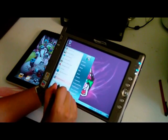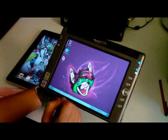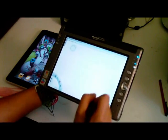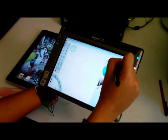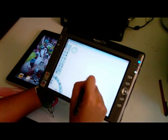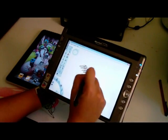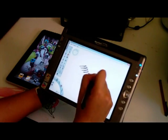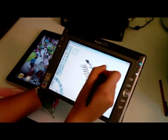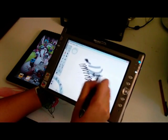So you can see I can run Windows 7 on it just fine. Sketchbook Pro works great on this one. I'm using a trial at the moment just to show you guys. But the sensitivity is great because you can really draw on this if you wanted to. I'll do some sketches later, but I was just showing you that you can have sensitivity on this and your eraser actually works,